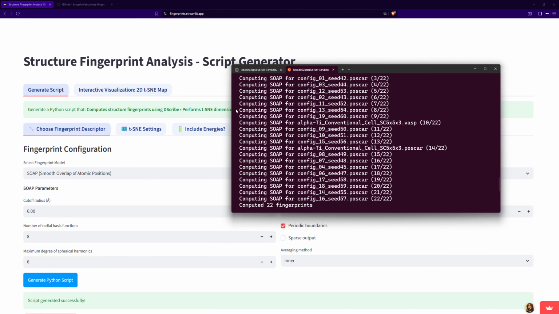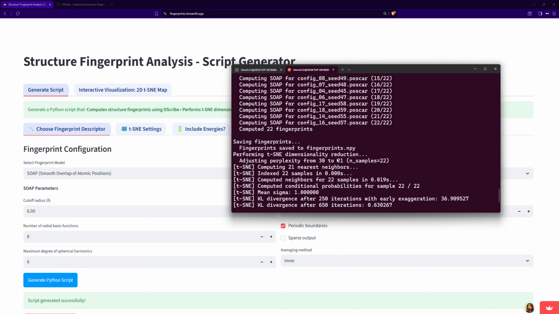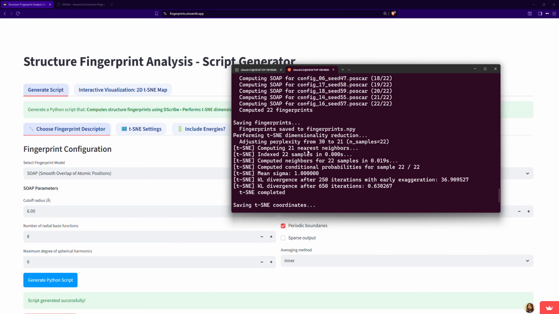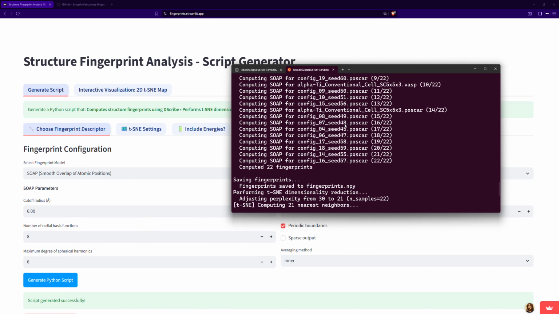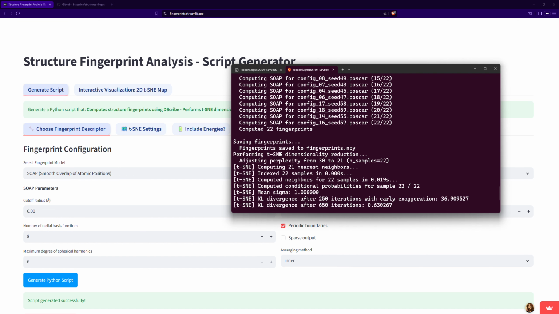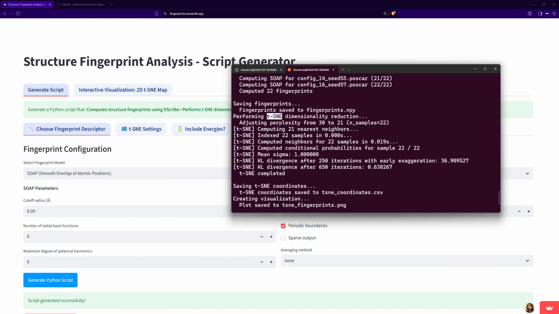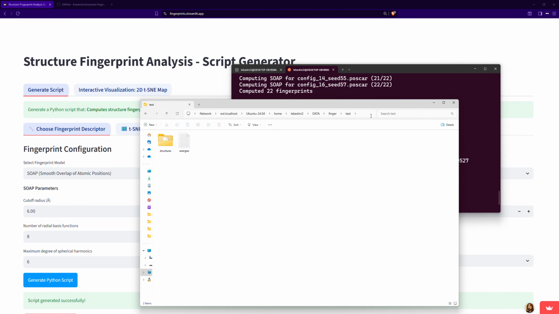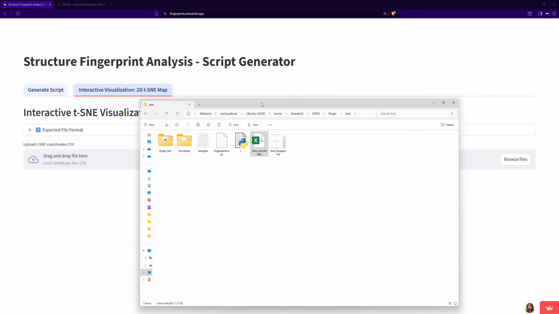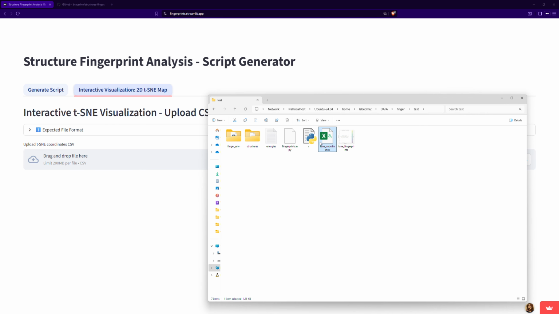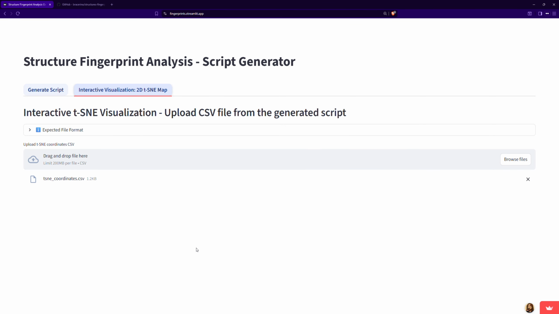Now I will run it, and it calculated the fingerprint on each structure that it found in this structures folder, and then it converted each fingerprint of each structure into 2D space using the t-SNE method, and it also created this output file that I can use in this interface to plot the 2D map interactively. So if I just put this file here,